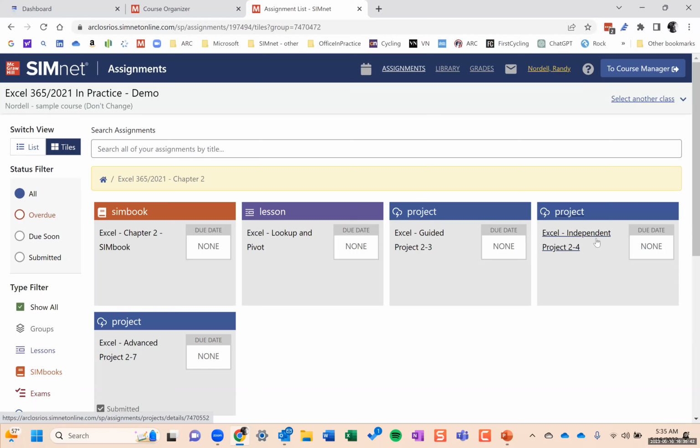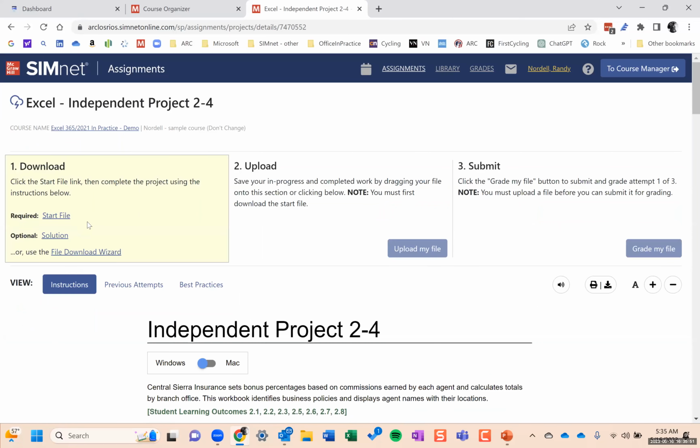And so I'll pull up one of these projects. All these SIMnet projects are auto-graded in SIMnet, and students download a start file. If there are any resource files, if there's a text file or a CSV file that students need to upload into Excel or import,